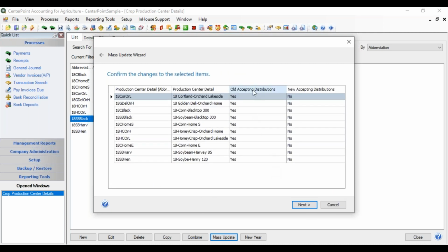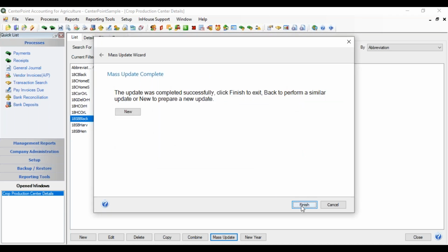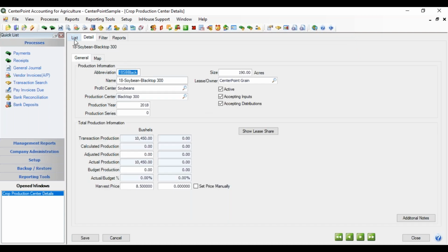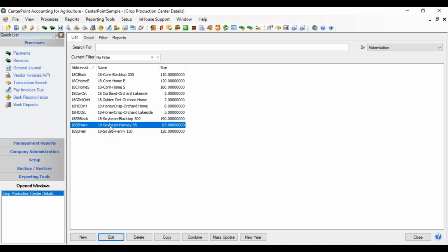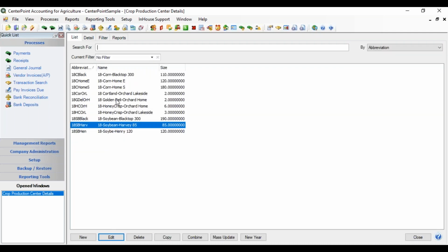That gives us our screen indicating our old accepting distribution and new, and now it's marked as no. And we could go next and ask, these changes will be saved to the database. Are you sure? You would say yes and finish. And now if we go into any one of those details, the accepting distribution is now not turned on that particular crop production center detail,